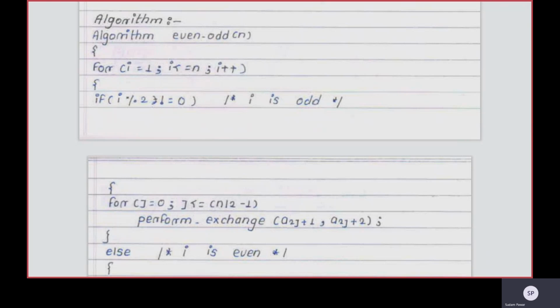Okay, if they are not in proper sequence, you need to perform the exchange among those pair of elements. If you see there in that particular odd step, then you have to perform this particular step: perform exchange a of 2j plus 1 comma a of 2j plus 2. That is the first odd element and the next element to that particular odd indexed element, that is, the even element.